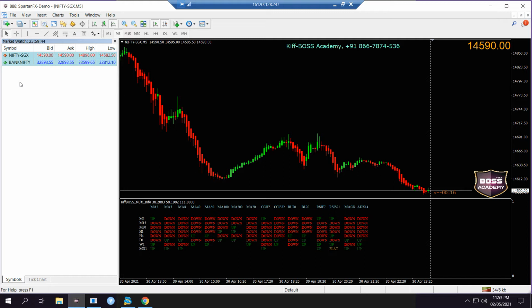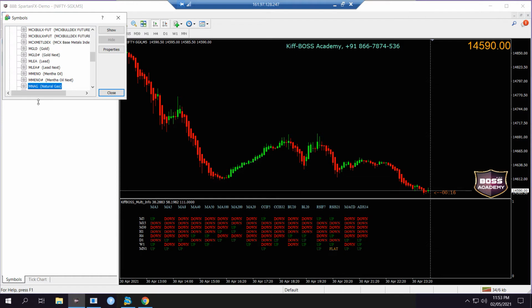To add Nifty in this market watch, right click symbols. Here you can see forex, international market, NSE cash, NSE futures, NCDEX agri commodity, NSE currency, Bank Nifty options, Nifty 50 futures. So a lot of tabs are available. Now I am going to show how to add the Nifty index and Bank Nifty index.